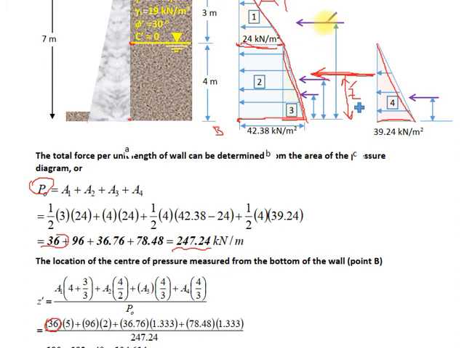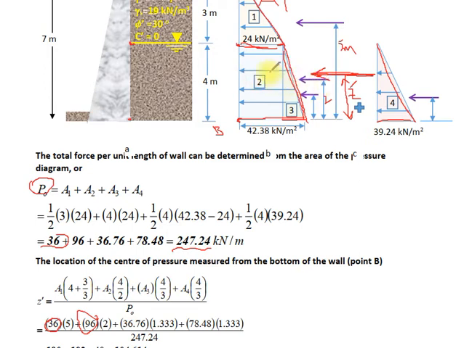The arm of the first area is 5 meters, since this is 4 meters, and here 1 over 3 of the 3 is 1 meter. Plus A2, 69 multiplied by 2 meters,